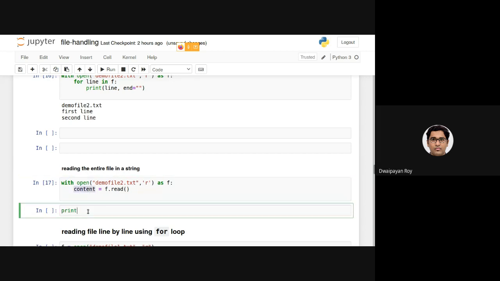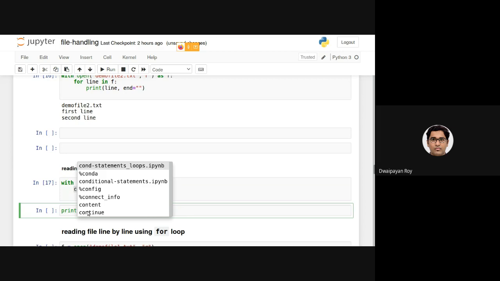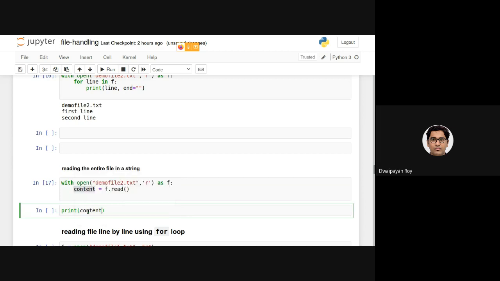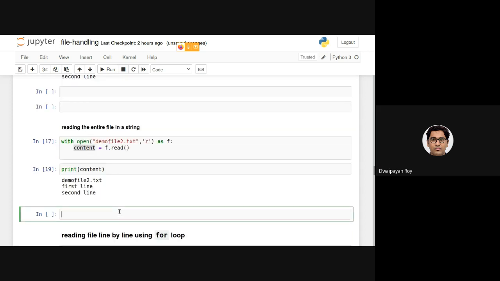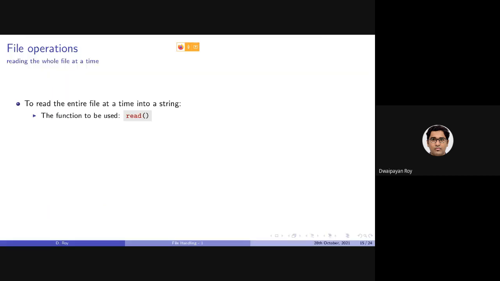So if I print the content here, you can see the entire content has been stored as it was in this file into this string. I hope you can understand that the type of this content is basically string. Okay.